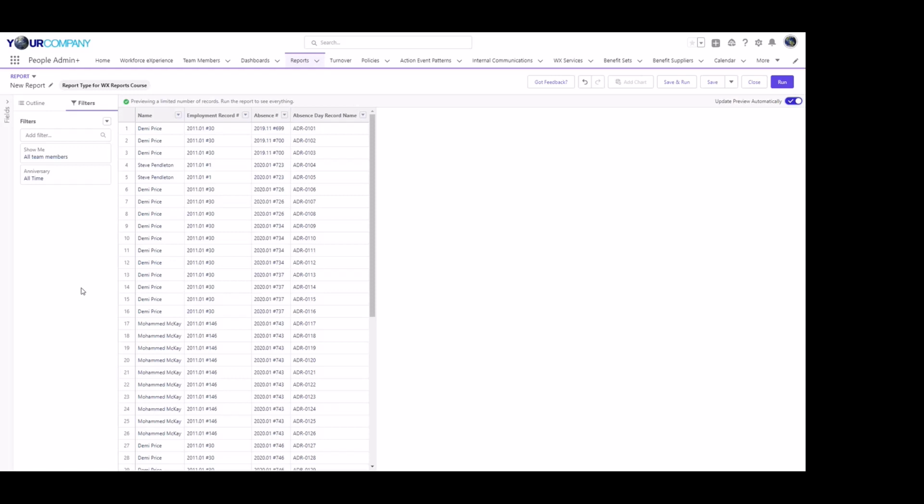So what we want to do is make sure that this report is only showing us data that's going to be relevant to a certain point in time. So I'm going to make it so that it's only showing us absences that were taken in the last 90 days, and then maybe everything into the future up to 90 days. So we're going to put in 2 filters here, and they're both going to use the absence day record object's